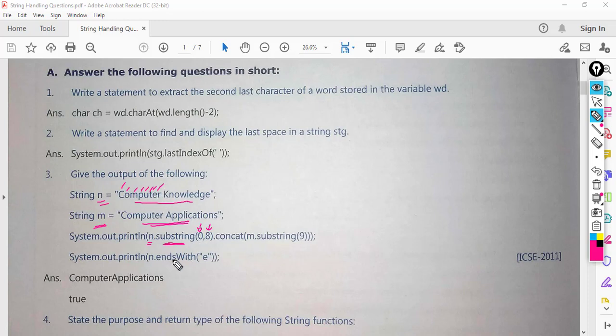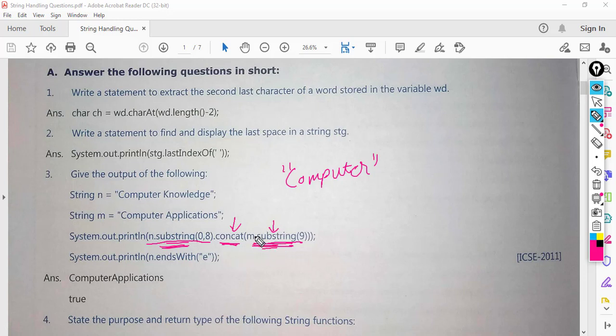That means the word that we will get from this function call is computer. This is the substring returned by this substring function, and this string will be concatenated to this substring. So first of all m.substring will be called and then the concat will be called.